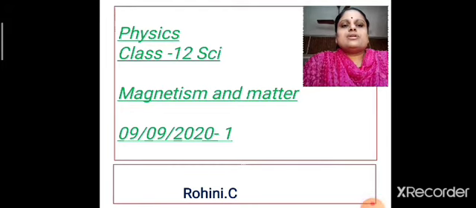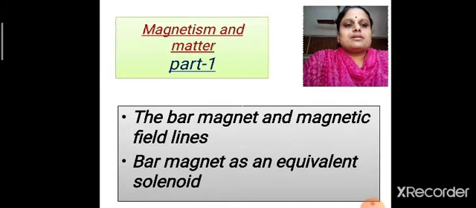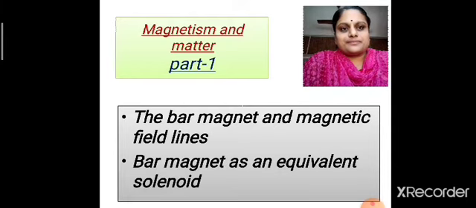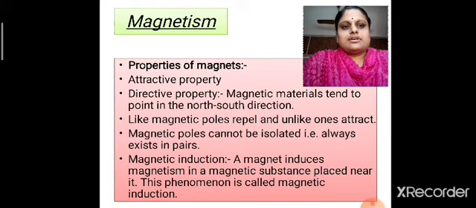In this module, we will be dealing with the new chapter, Magnetism and Matter. The topics discussed here are the bar magnet and magnetic field lines and bar magnet as an equivalent solenoid. So let us discuss a few properties of magnetism. The properties of magnets are: